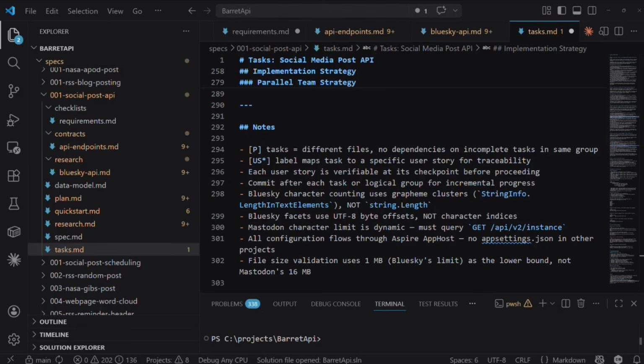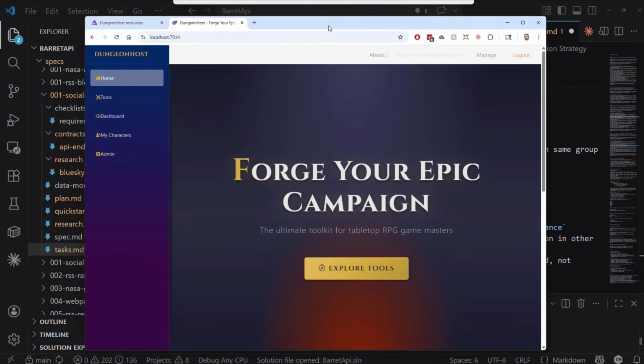So another project that I've been working on, which I've been using Spec-Kit almost entirely to do, is an application which I'm creating to let people track RPGs and to have a number of tools related to that, because I'm big into tabletop games and Dungeons and Dragons and whatnot. So I've created this website. This website has been entirely created using Spec-Kit and AI. I've done virtually no hand coding myself in this, and I'm doing this as an experiment to see just what kind of thing I can create with a project like Spec-Kit.